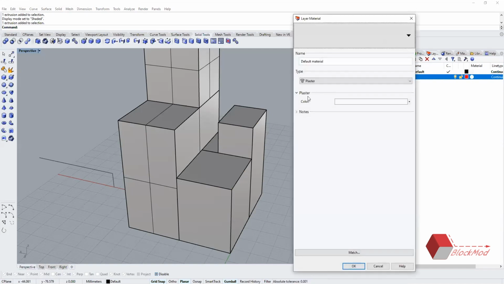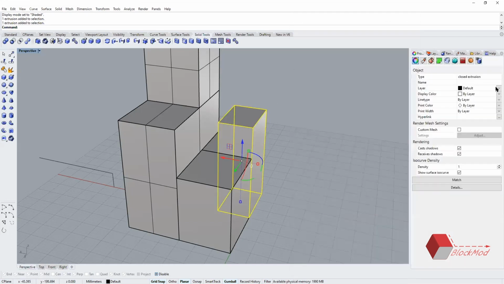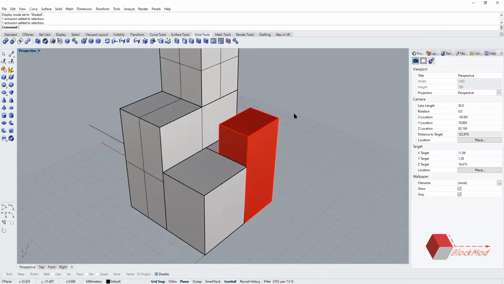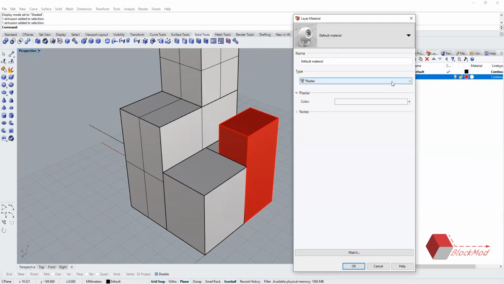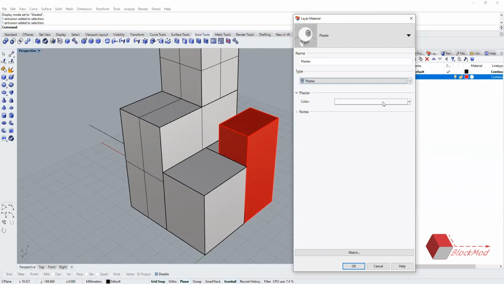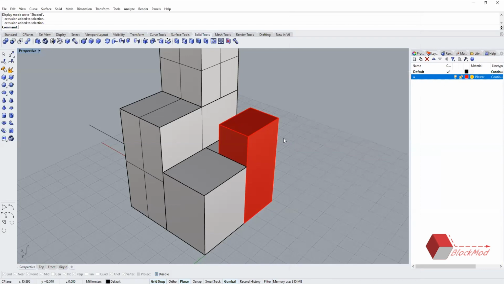Just for presentation purposes, or just so that I understand while modeling, I can say this mass goes in layer A. So this is something that you are doing for modeling purposes. That color is represented here, and a different material is something that you can assign to it, and that will be shown only after render. So for now, I assign golden color, maybe. Okay.